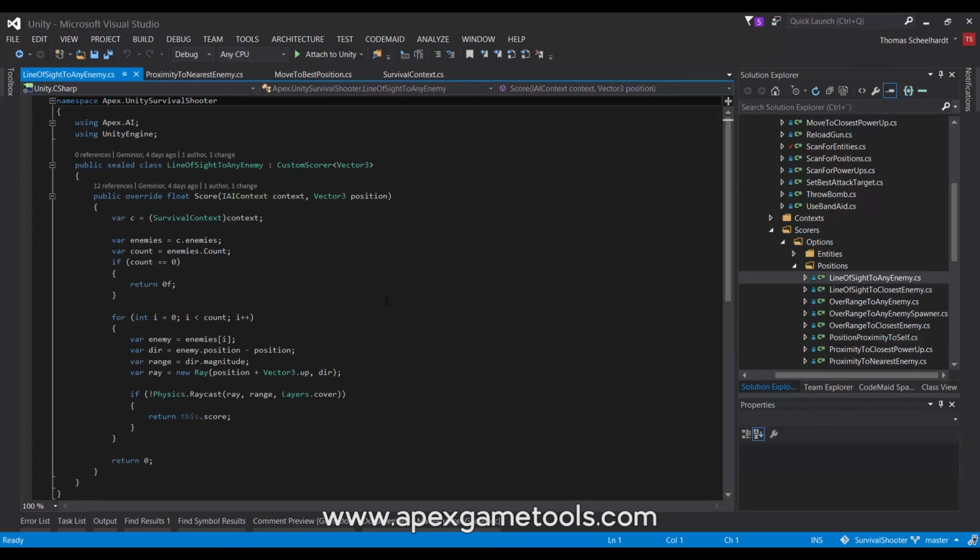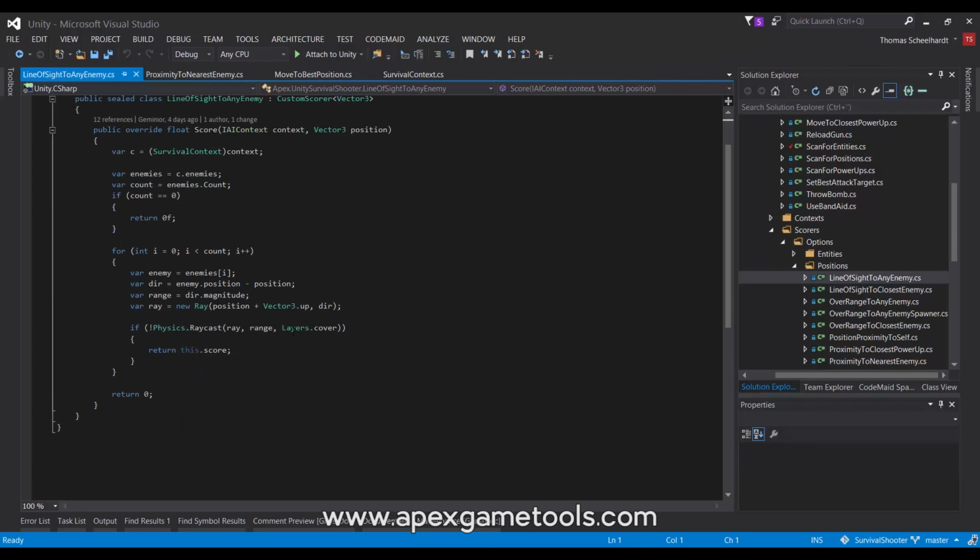Another example is the line of sight. It is, as you can see, the exact same signature of the method. We have a position we need to score, and again we have some enemies that we look through. In this case, this is a line of sight to any enemy, so we look through the list of enemies and we see if these enemies can actually be seen by raycasting and seeing if we hit cover. If we do hit cover, then we do not have line of sight. If we do not hit cover, then in this case we just want to have line of sight to just one enemy. Then it will score. So as you can see, if it finds one that it can see, then it will return the full score. If it has a line of sight to no enemies, then it will return a score of 0,